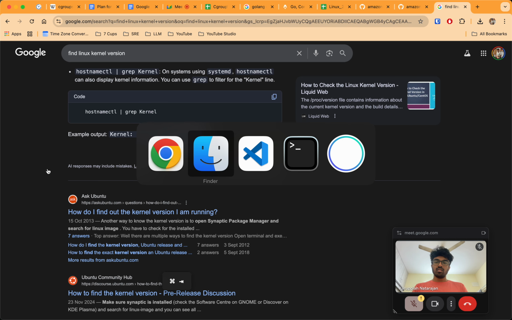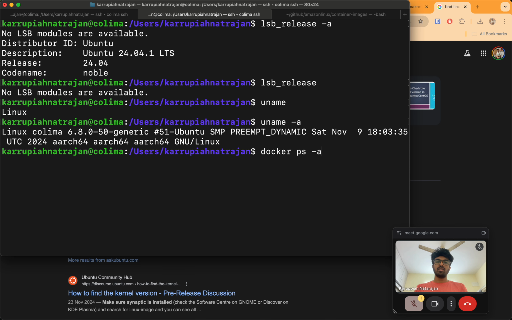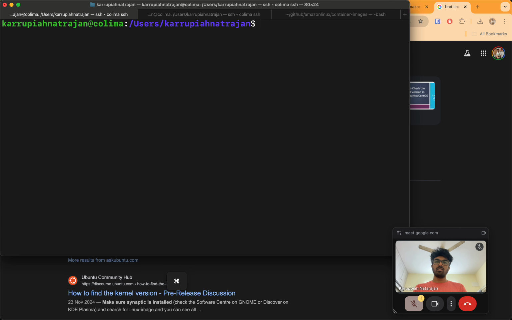Great. Maybe I'll just run the container and we'll see. Docker ps. This has been running for some time. Let's get rid of this. Okay, docker run Amazon Linux bash.